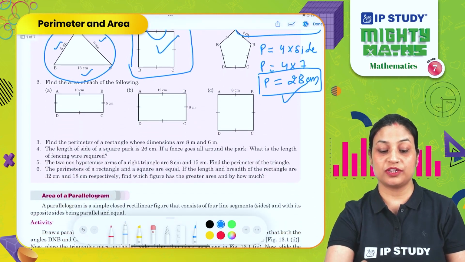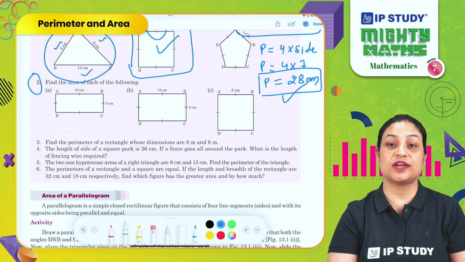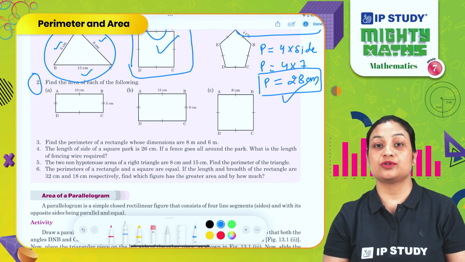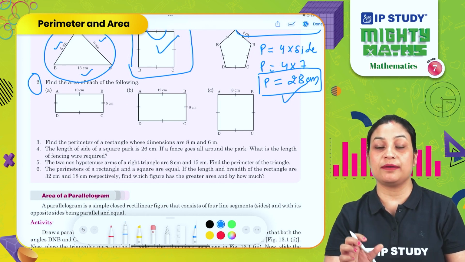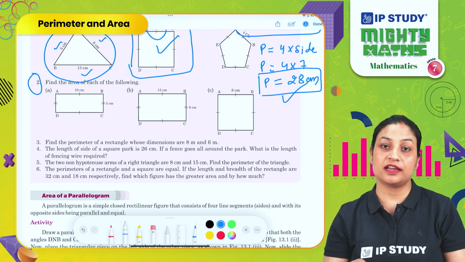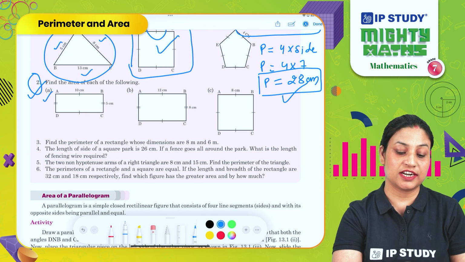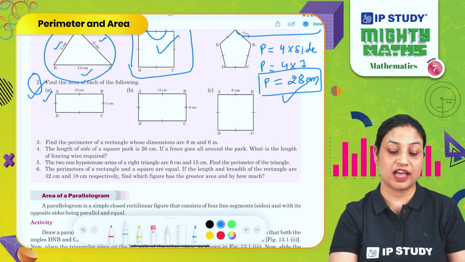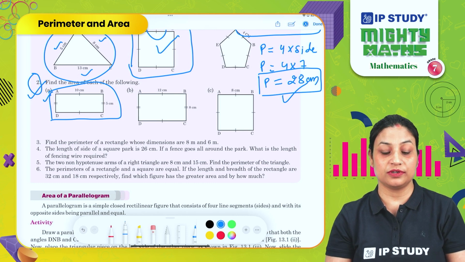Now let's move on to the next example. So here, let me take question number 2 as an example, right? So we have discussed what is area. Area is the space occupied by any closed surface. That is called its area. So we have discussed how to calculate the area of a rectangle and the area of a square in the previous grade, right? So let's take one question from question number 2. Let's take part 1. Okay, so we have a rectangle over here. We can see length and breadth are given to you, 10 and 5.